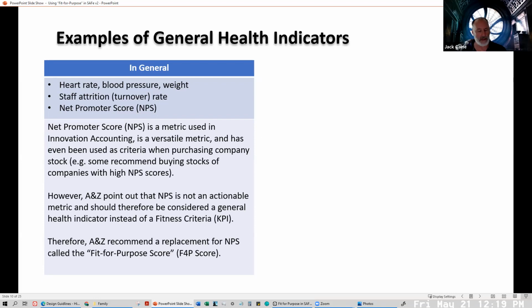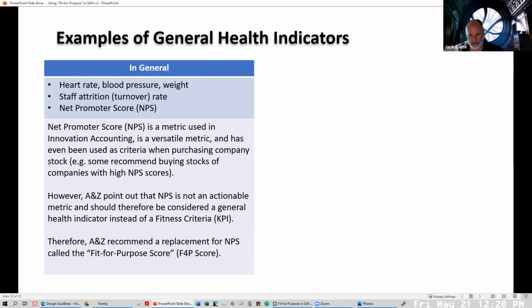Net Promoter Score, NPS. A lot of organizations are using NPS in a way other than a general health indicator, and it causes all kinds of problems. Net Promoter Score, NPS, is a metric used in innovation accounting, is a versatile metric, and has been used as criteria when purchasing stock. Some actually recommend buying stocks of companies with high NPS scores. However, Anderson and Zeglov recommend a replacement for NPS called the Fit for Purpose score. And we do a fitness box